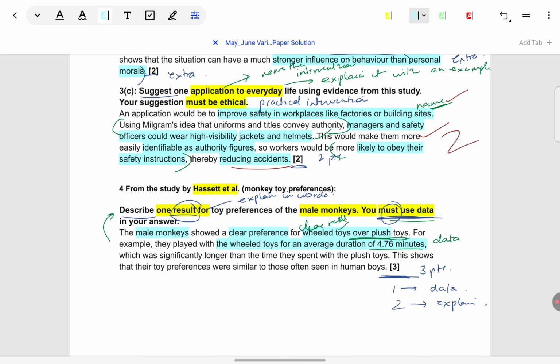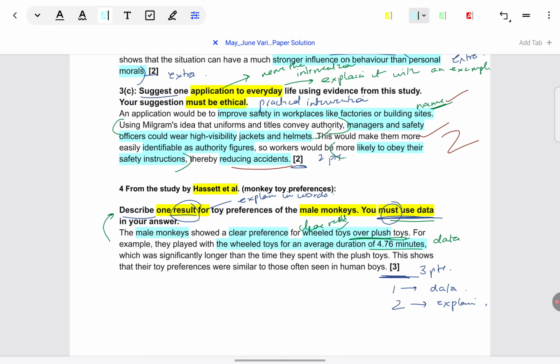Still, I would insist that you memorize up to the decimal places. You have to put in effort in learning psychology. So you will have to put in the effort to memorize. Why I would insist on that is sometimes there have been inconsistencies in mark schemes. Just to be safe: in most mark schemes they allow a margin of plus or minus 0.5, but sometimes they become too rigid and they want exactly 4.76. So just to be 100% sure that you can secure your marks, memorize it as 4.76.